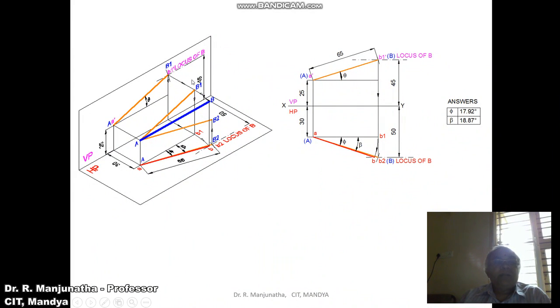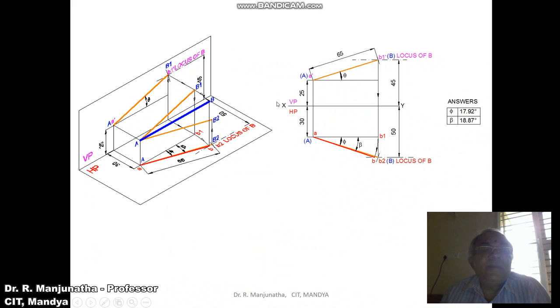So actually what happens is, when you are rotating in space, obviously you are getting the top view line, which is AB1. With A as center, taking the radius of AB1, you rotate it such that it will cut the locus of B in the top view. So you are getting small ab. So this is the dark line that you specify.